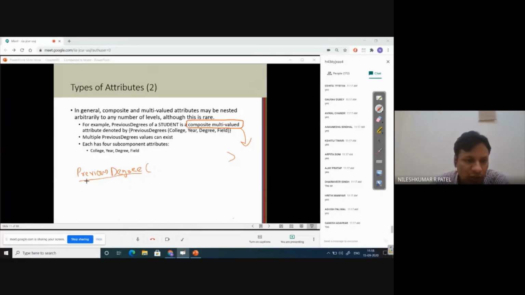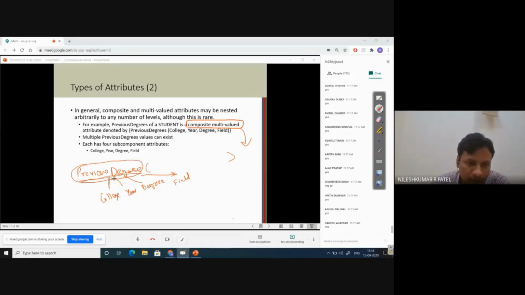So how do we represent it? We want to represent it in components: from where the student earned this degree, the name of the college, the first component attribute; the year in which he or she earned this degree; the name of the degree, MTech, BTech; and in which field he or she earned this degree. That is the field.